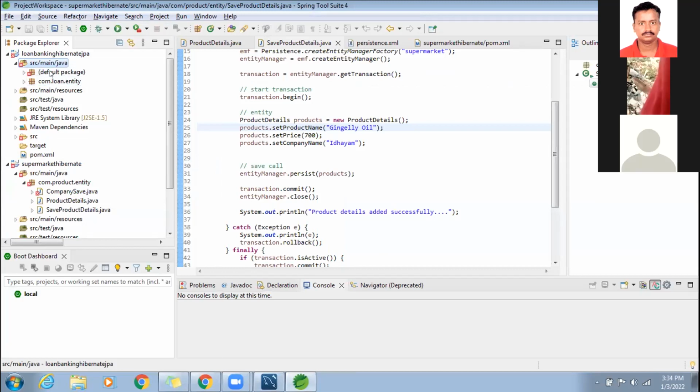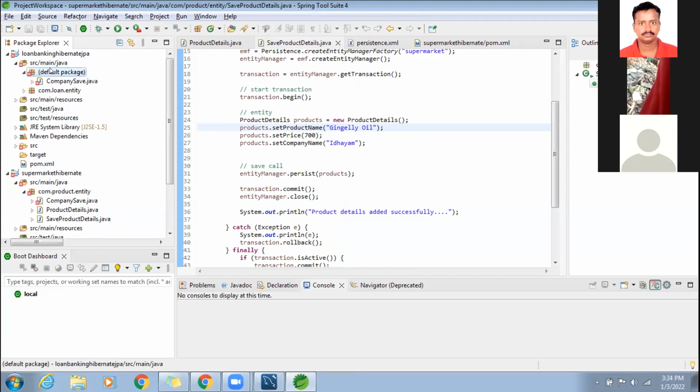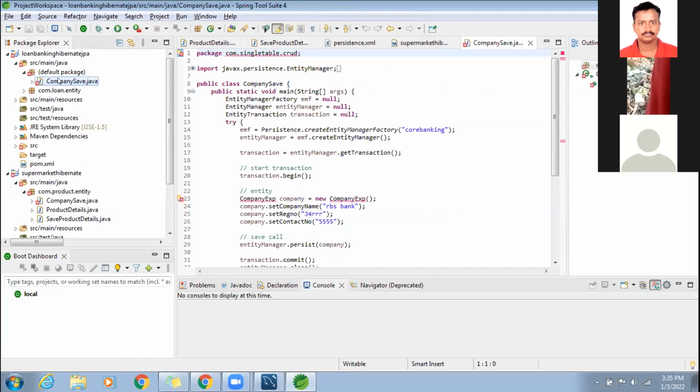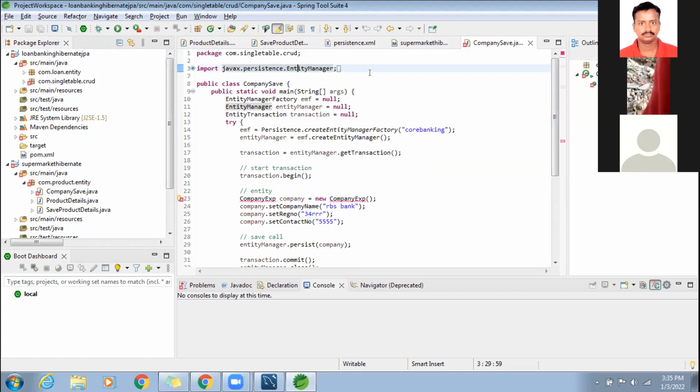Expand the default package. Open that. So here in the package, click the package. Can you all do this one? Move to com.singletable.crud. Double click. See, now the package is created. Expand that.